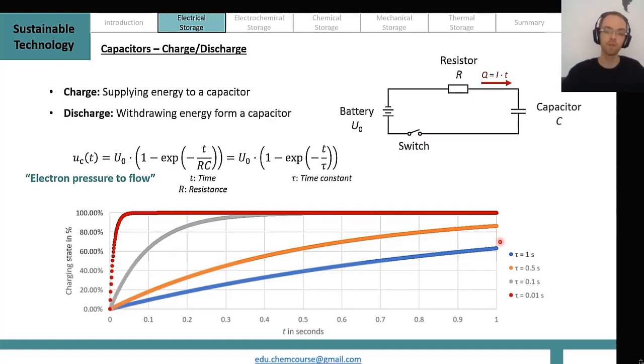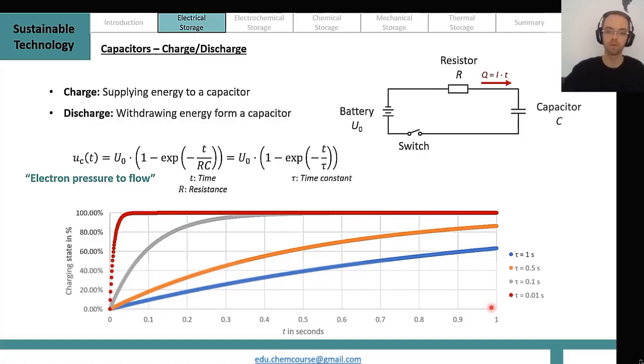And for a time constant of 1 second, we see that after this 1 second, we are in this specific case where t equals tau. So here we have charged around 63%. And this is what I talked about, what I said with this electron pressure to flow. So the more time passes and the more charges you already separated, the smaller this electron pressure to flow will